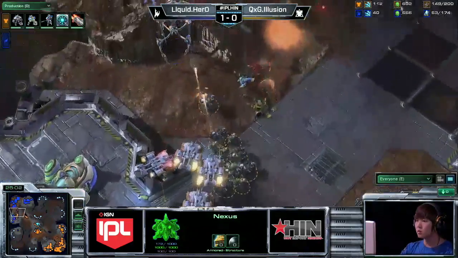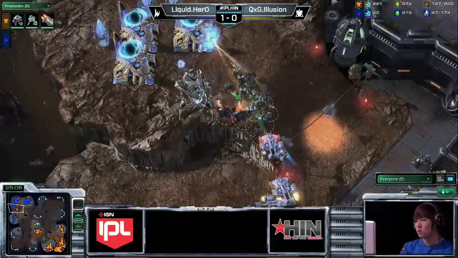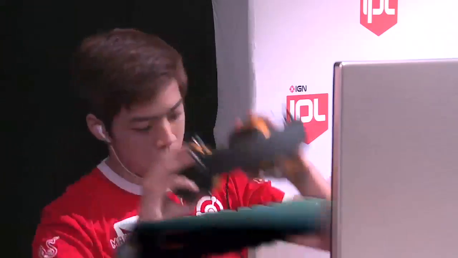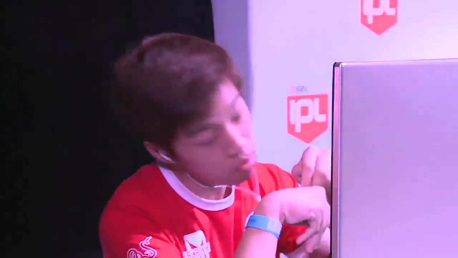There is a DT in there killing off units, but there the mules landed. Yes. Illusion saying get out of the game to his opponent. And HerO always a player, though, who doesn't want to give up until the very end. But there it is, GG. Quantic.Illusion ties things up 1-1. Wow, well played by Illusion. Again, that powering